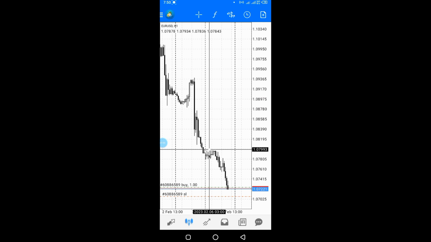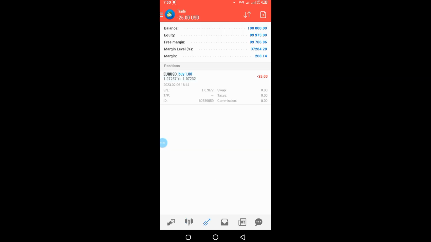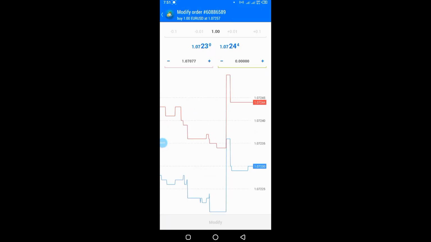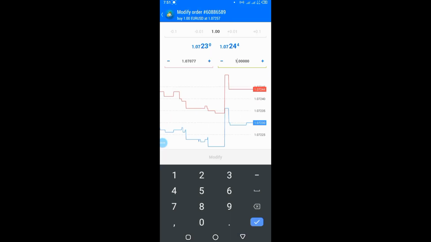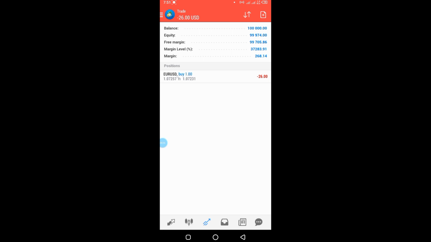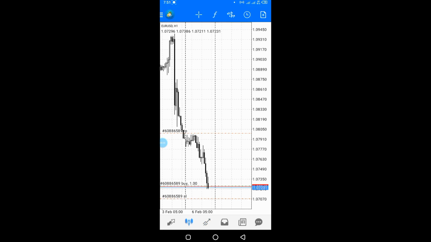1.07993. Let's say you come into the trade dashboard, then you just modify, go to the take profit section, then type 1.07993. That way, of course, the modification button is active. Then you set the modification, the take profit. And once you go into the chart, of course you are going to see